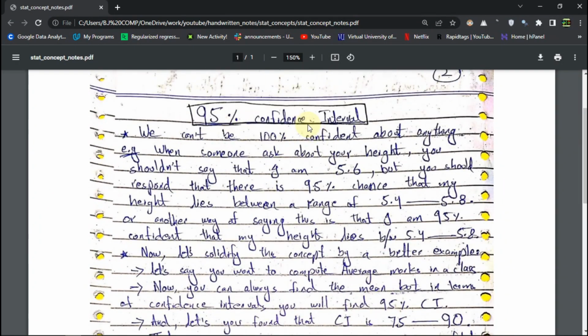So here I have my notes for the confidence interval, and the concept says that nothing in the universe is certain, is 100% sure. So we can't be sure about anything 100%, right? If we are telling someone about our height or weight or any measurement, you shouldn't say that I'm 5.6 tall, or that I'm 60 kgs or whatever, right? But what you should say is that there is 95% chance that my exact height lies between a